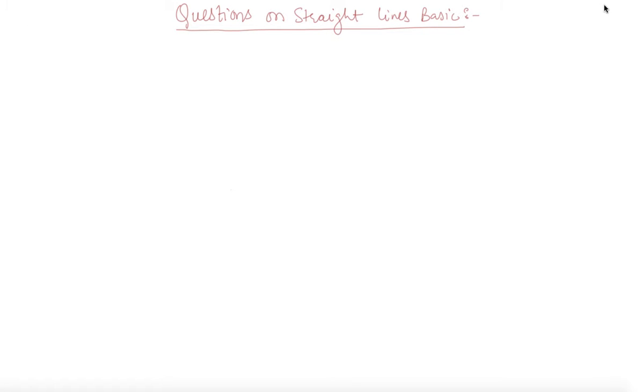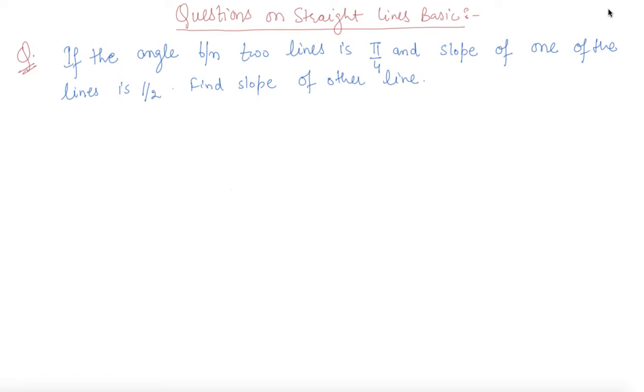So first I am writing the question here, students. Here is the question in which we are given that the angle between two lines is pi by 4 and the slope of one line is also given as half, and we need to find the slope of the other line. So how we will proceed for these types of questions is, as we know, the formula to find the angle between two lines is m1 minus m2, or you can say m2 minus m1, because it will not make any impact